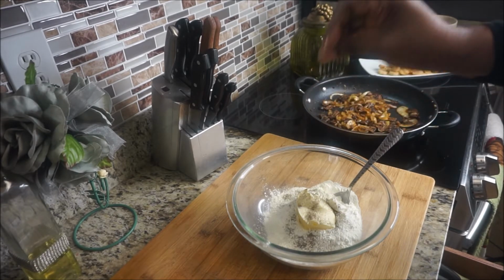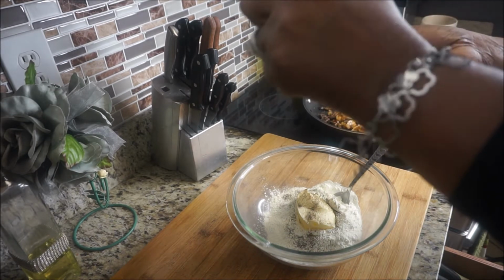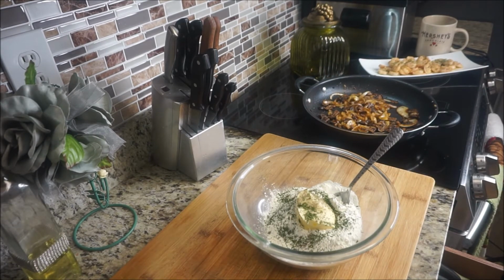Right? I'll make it my own, how I want it. And then sprinkle in a little bit of dry parsley as well. I'm going to transform this thing all together. Now,